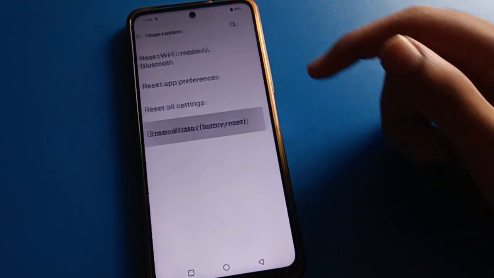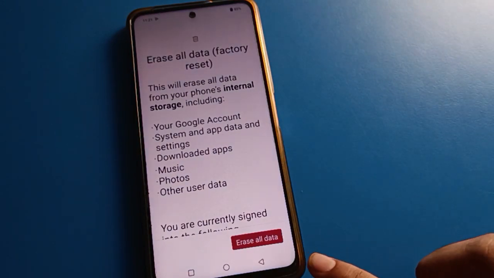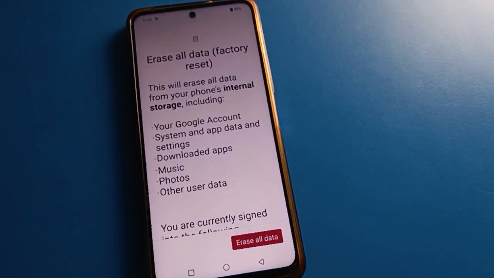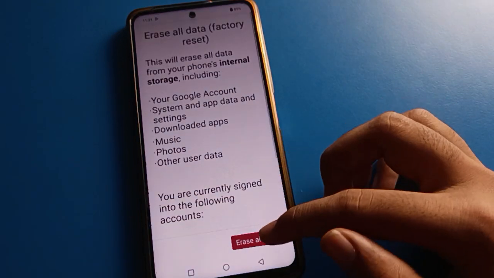Erase all data, factory reset. You can erase all data in iQOO mobile. This will erase all data from your phone's internal storage, including your Google account, system and app data and settings, downloaded apps, music, photos and other user data. Everything will be deleted in your iQOO mobile. If you click here, so friends,